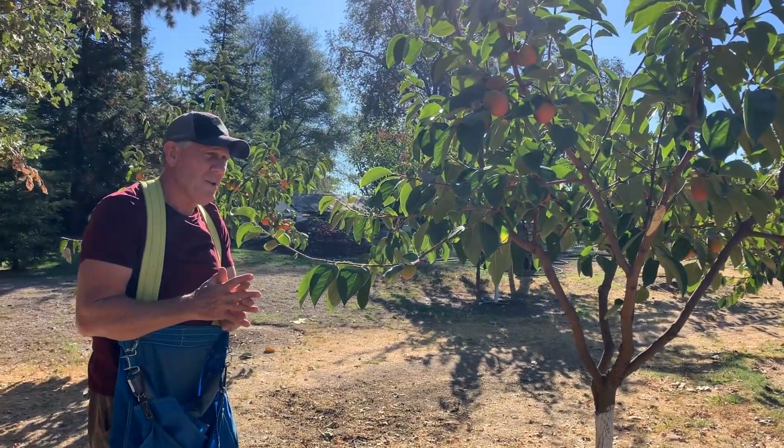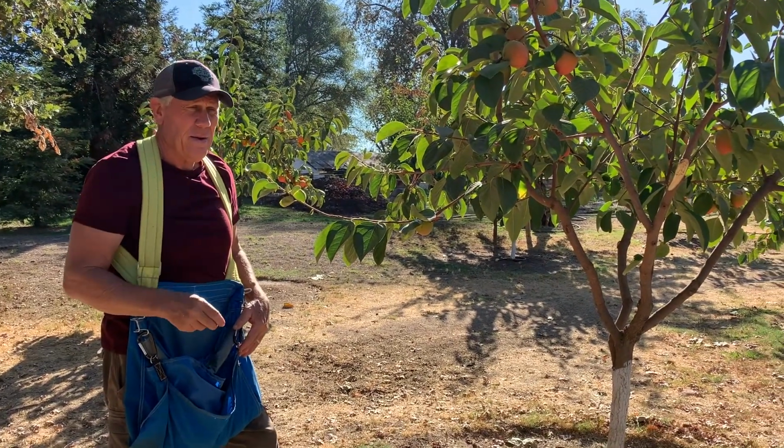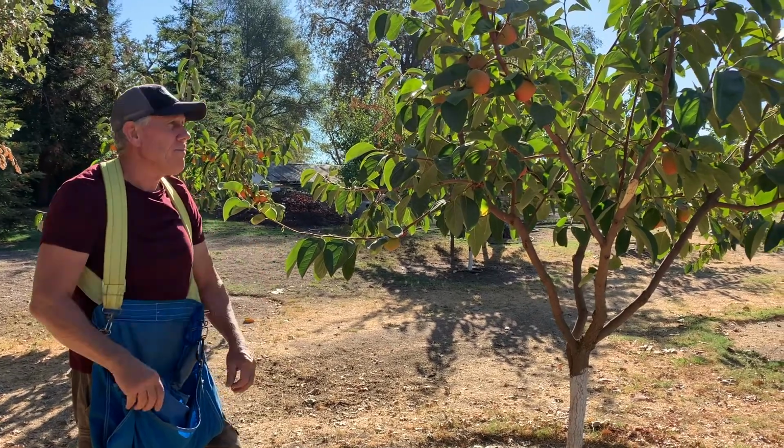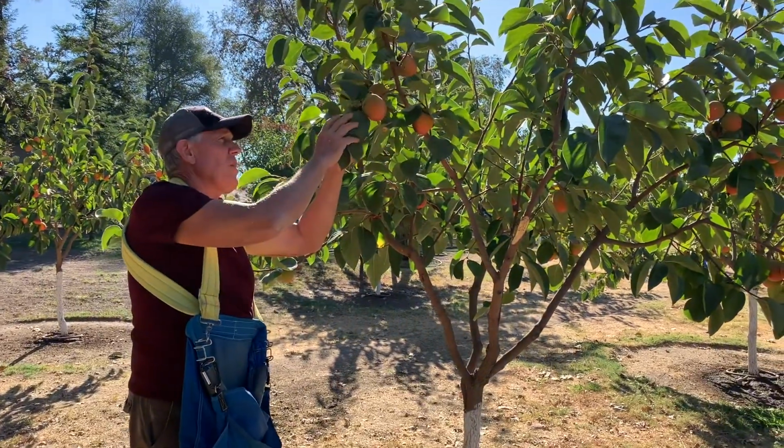You dry persimmons when they're solid. When they soften up, they're good for cooking or eating, but they're not really great for slicing and drying. So you slice them actually when they're hard. These would be too green for today. I don't know when they're going to ripen up, but